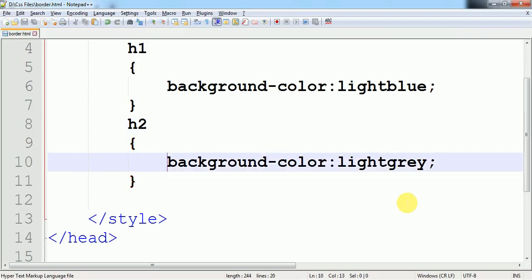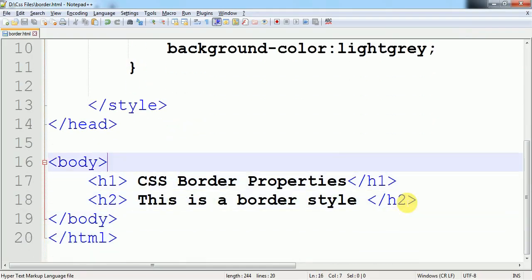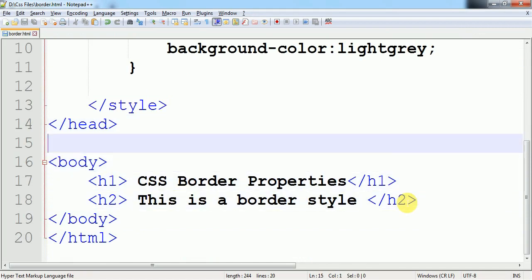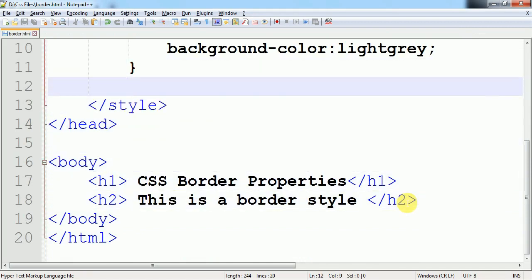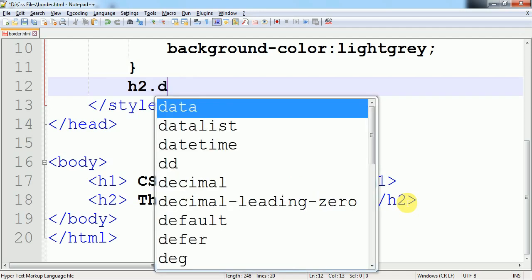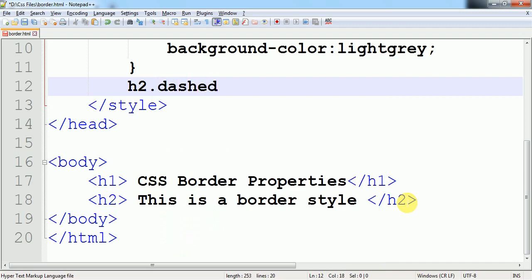Okay, now I apply the border property. So here I use h2 dot. The style property has so many values, so with the names of these values I'll give the design also. Clear? I apply these values and now first DASHED dashed.